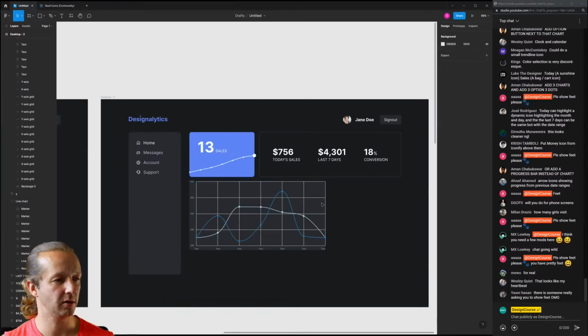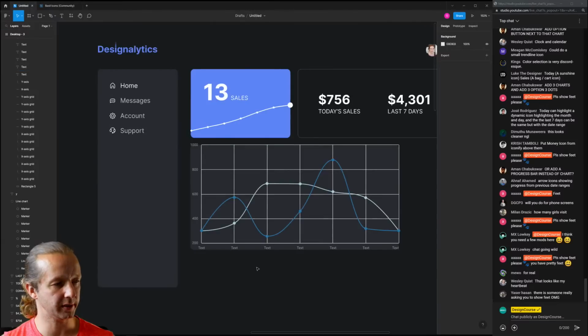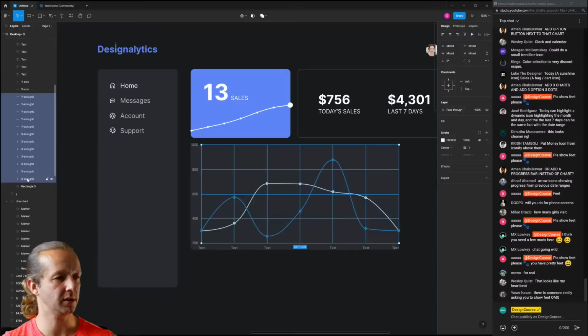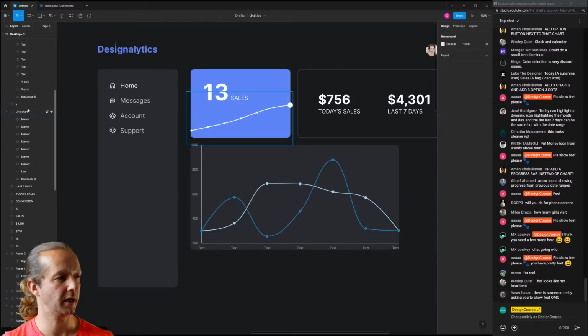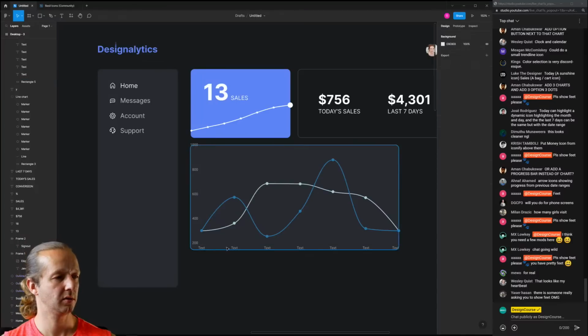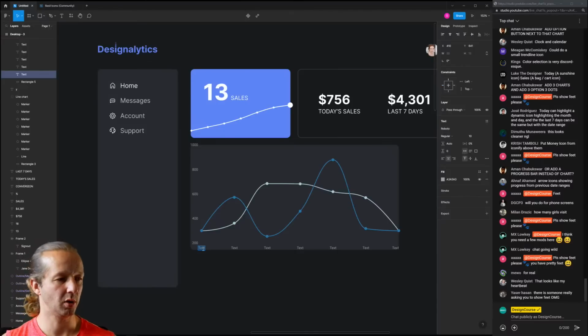Whatever, that'll be fine for now. All right, so now what I'll do is we're going to get rid of these grids. I'm going to get rid of this one as well, and this one. All this text down here, we're going to change this text maybe to something like